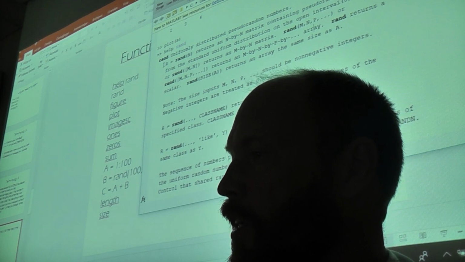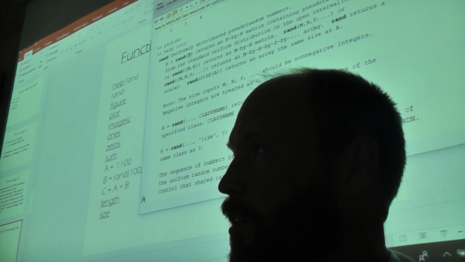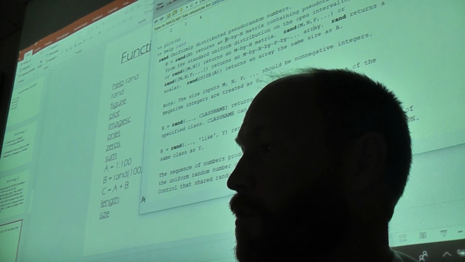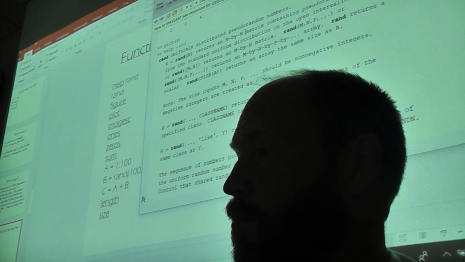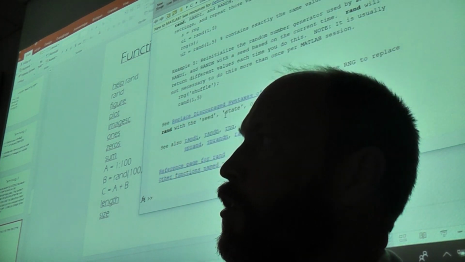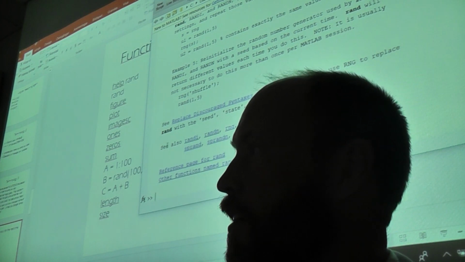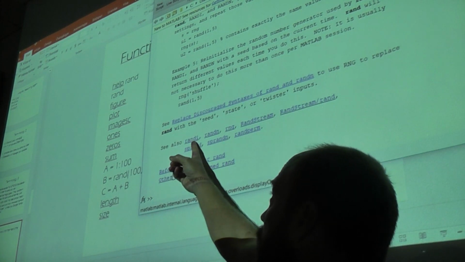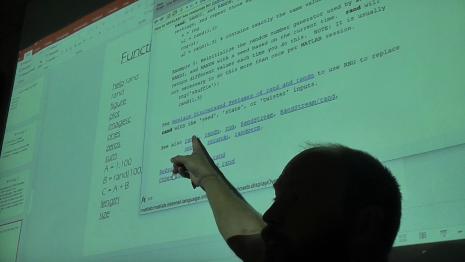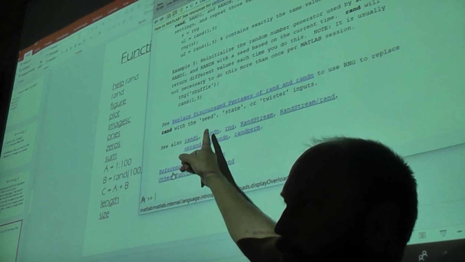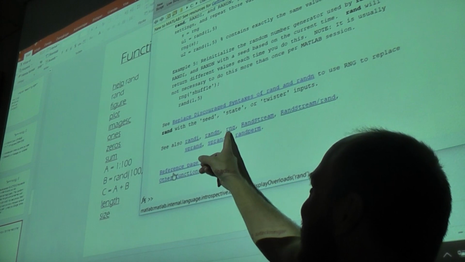So we can type rand, parentheses, and a number, and you will get a matrix, which is the size of your number. And at the end of the help file, you'll find suggestions for other related functions, like here, randi, which is a random integer, or randn, which I don't know what it is, RNG,